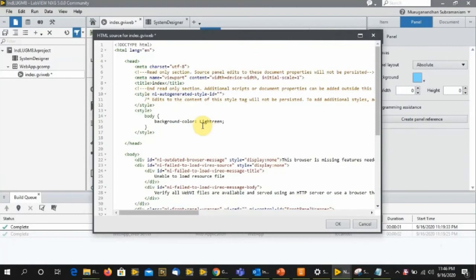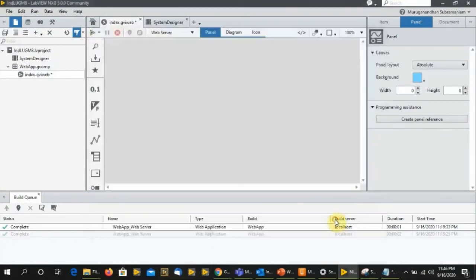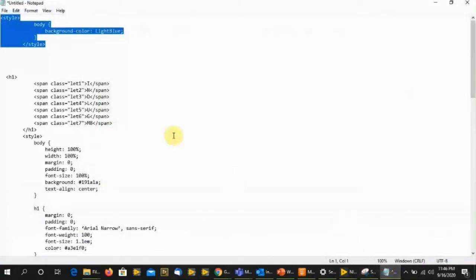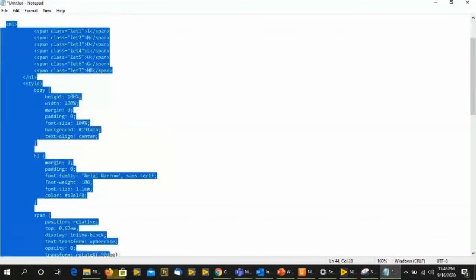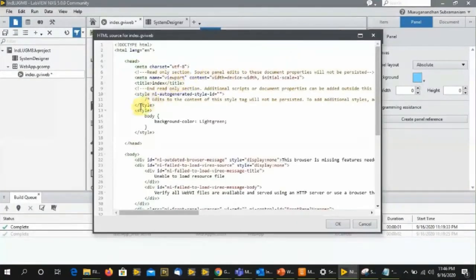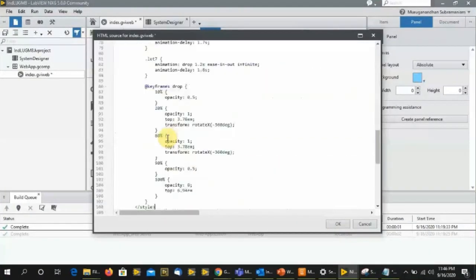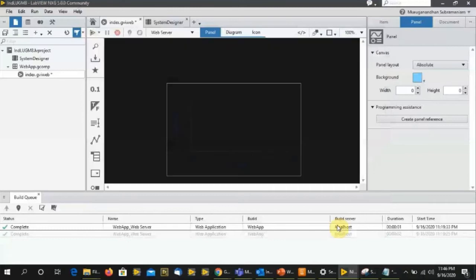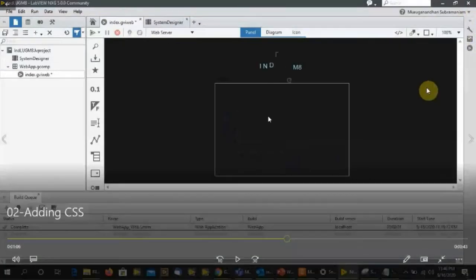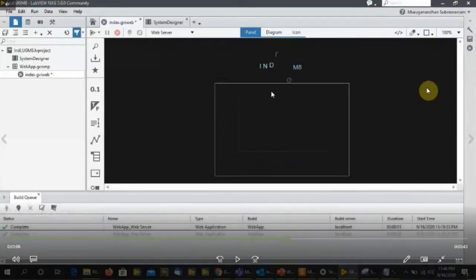If you find some CSS code that is available as open source, that is also fine, we can add it here. That is another example I'm going to show: how to add another CSS code. None of these codes are written by me. I have copied it, it's open source, available on the web. I have just copied it for demonstration purposes. So we can add whatever code you want. This is how we can add CSS code with the LabVIEW NXG module. In the same way we can add JavaScript as well.